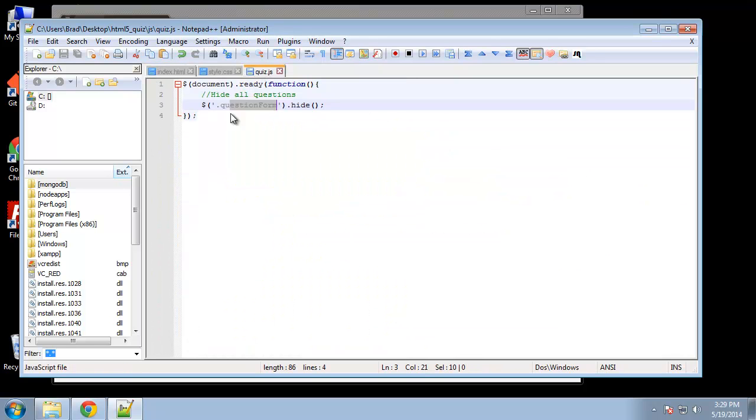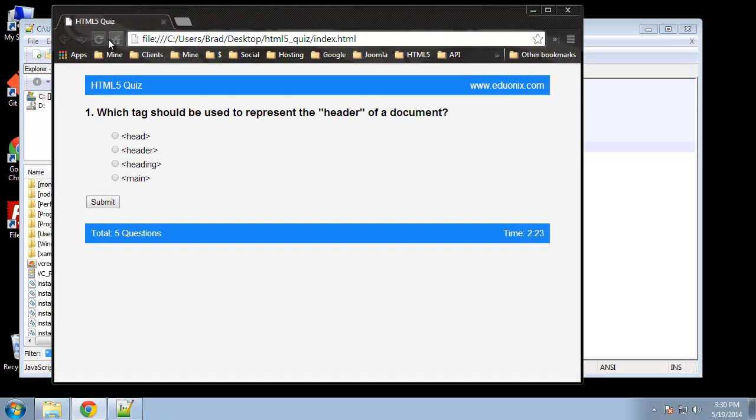Back in quiz.js, let's add a comment, show first question, and we'll use jQuery with the ID of Q1, and say .show. So if we save that and reload,